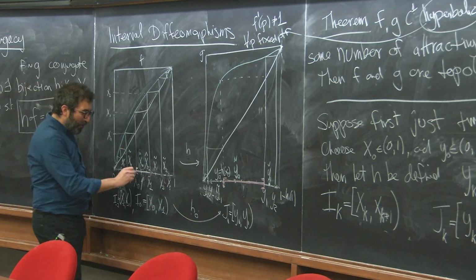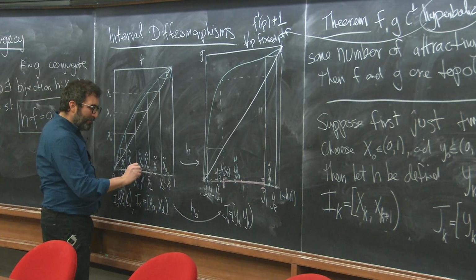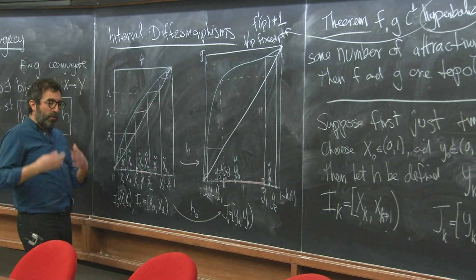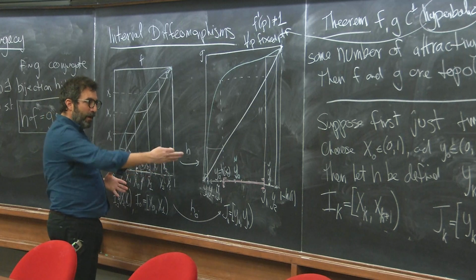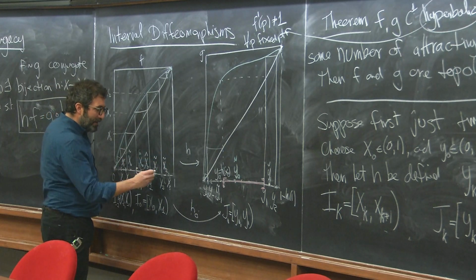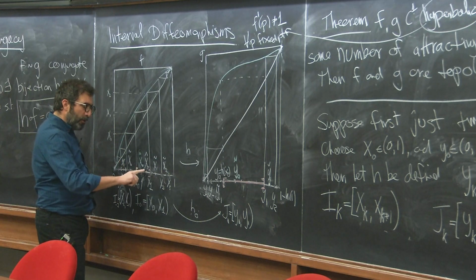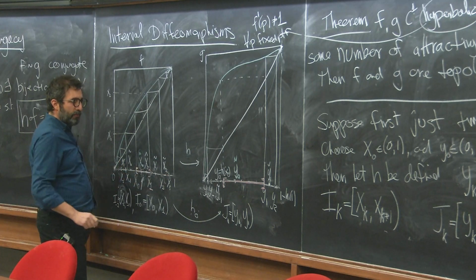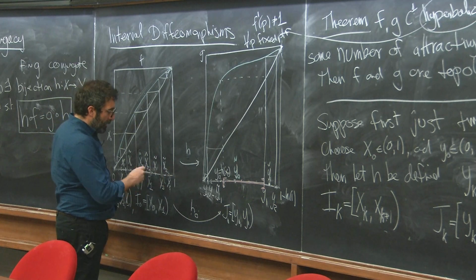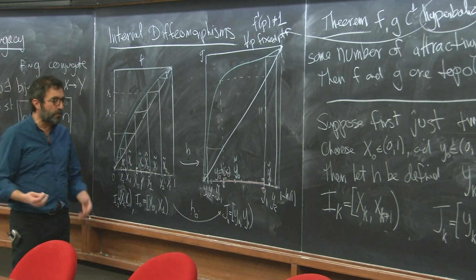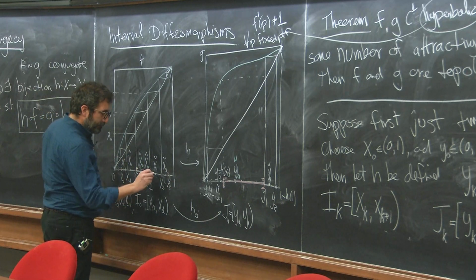Because for all of these points, each one of these will have a full infinite forward and backward orbit, and we will need to define our h in a way that is consistent with that, right? So we are determined. There's nothing else we can do really but